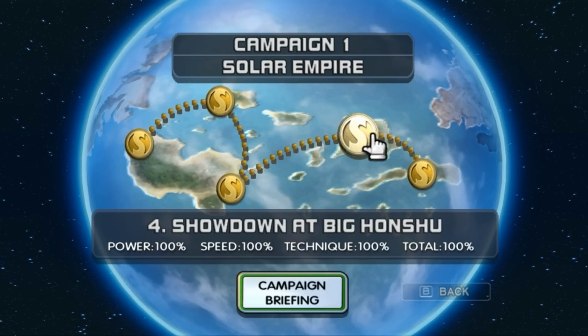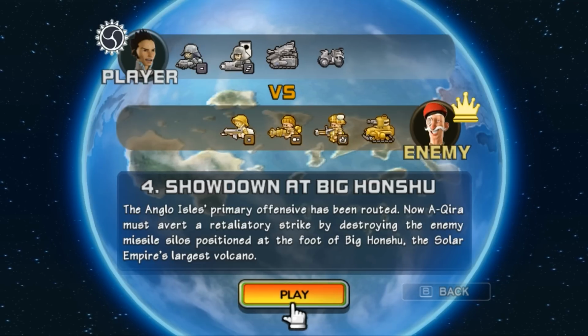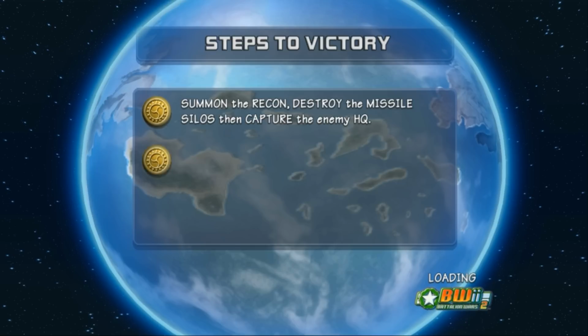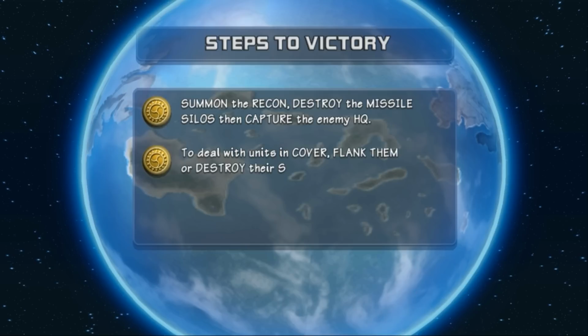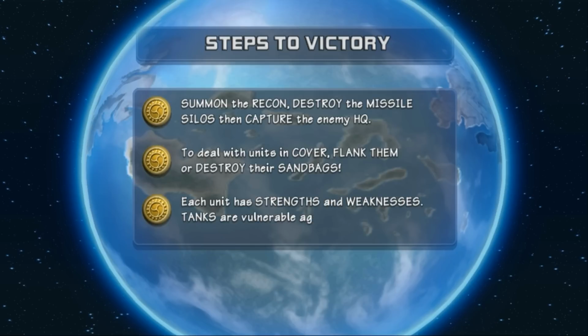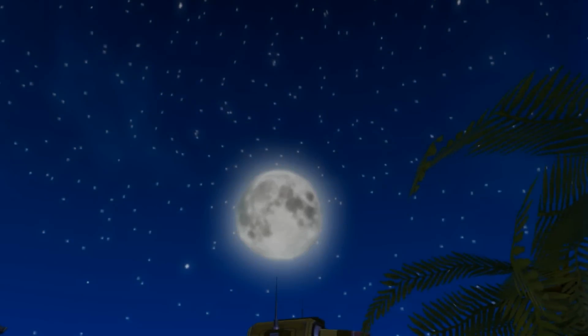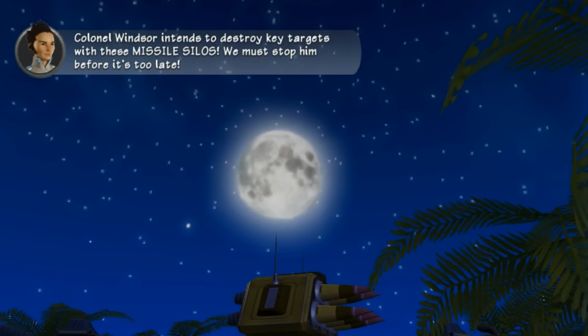But we're going to start with this mission for our first unit. And you can probably guess the first unit is the munitions expert, since this is the only mission that he shows up in. He's probably not worth showing because he can't do much. His only function is to arm the bombs on the missile silos. But he is a unit, so...